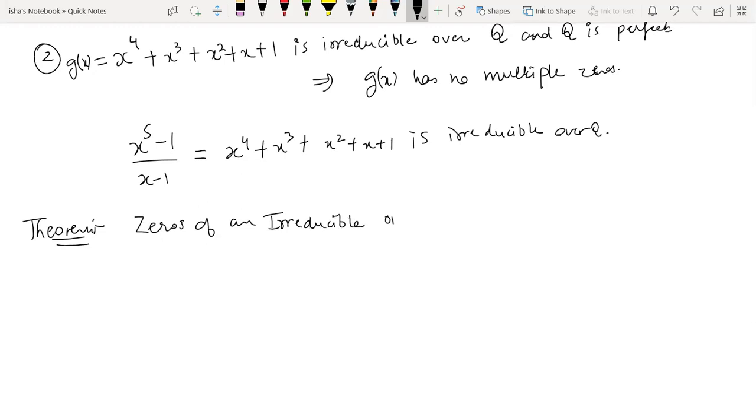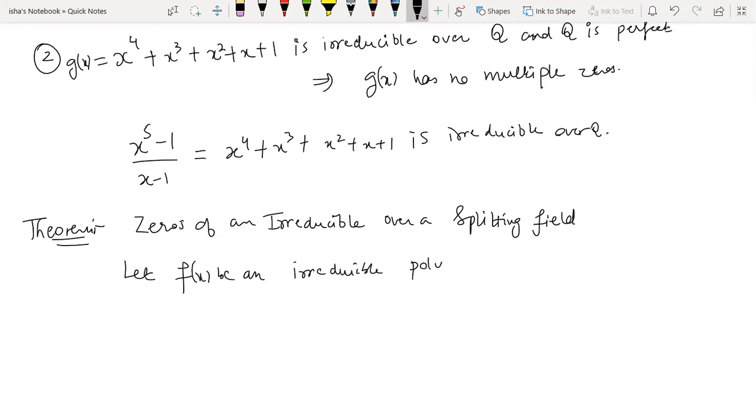Zeros of an irreducible polynomial over a splitting field. Let f(x) be an irreducible polynomial